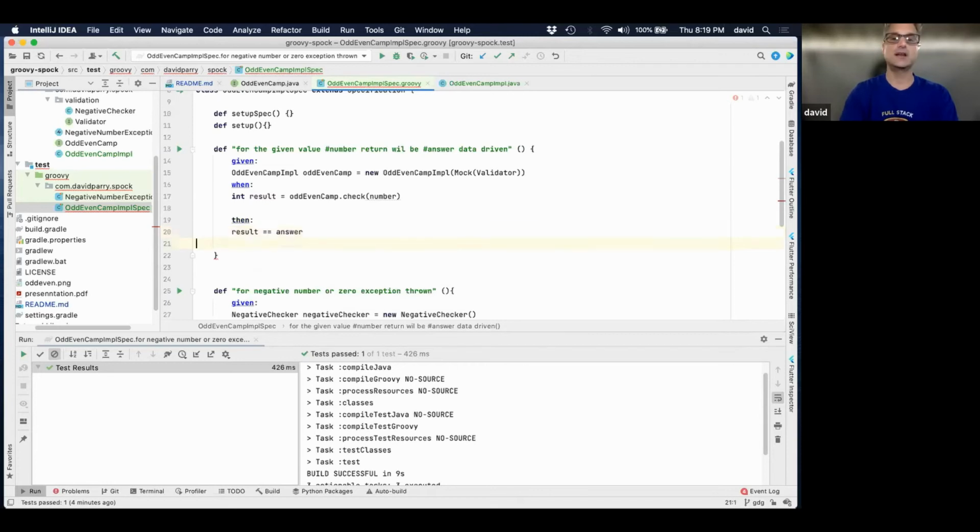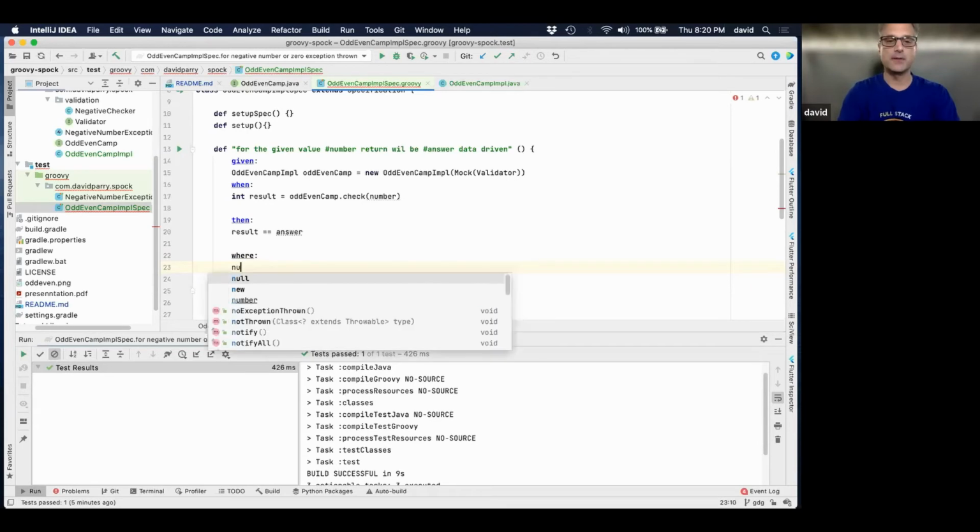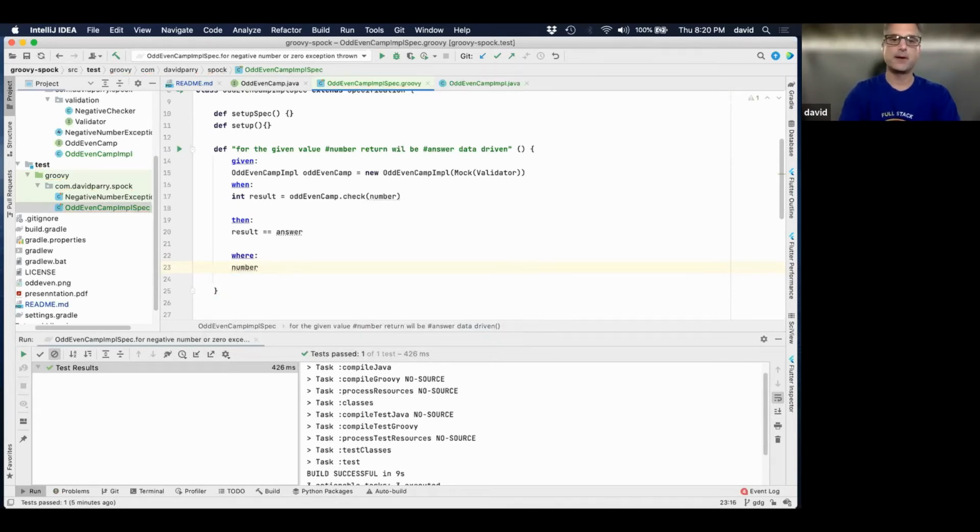I'm going to say result equals the answer. Now I just put in another value in there, and you're like, okay, so I have a number that we don't know about, and I have an answer that I don't know about. Well, this is where the data comes in. I'm going to say where. This is where we say where I have a number, and I just use a pipe, and I have an answer. That is that simple. You can do a table. So you can do all this table for this data. It's not in some file somewhere. It's not anywhere else. It just goes where one comes in.